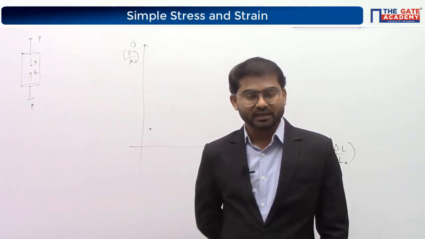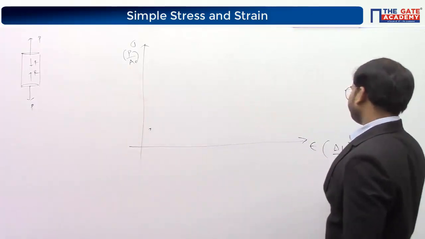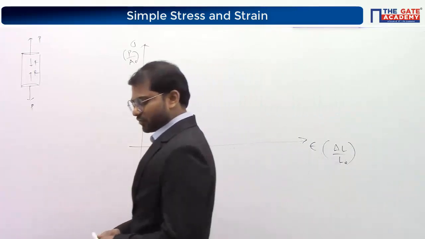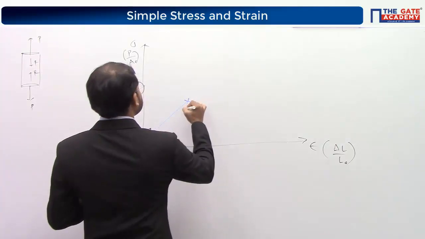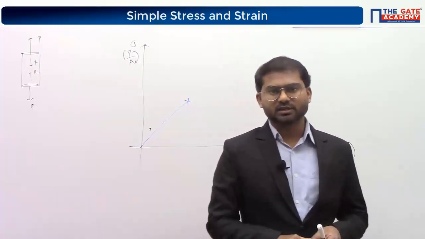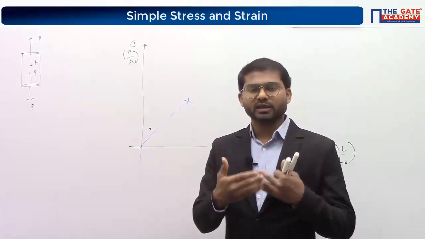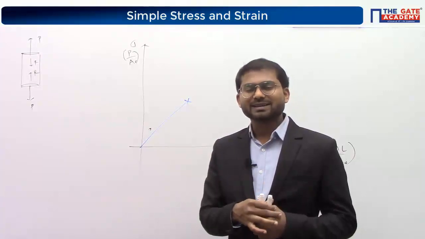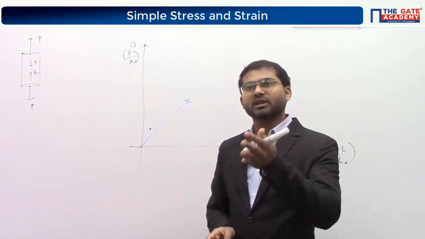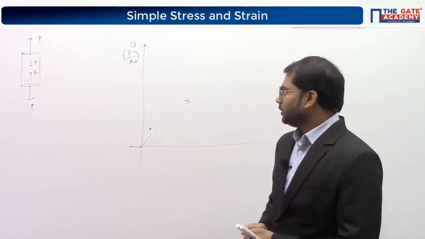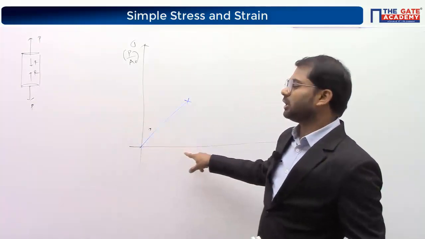And please remember, we are drawing the graph between conventional stress and conventional strain. That's why here there is A naught and here there is L naught. So if you increase the value of stress, the stress and strain will be proportional to each other for some amount of strain. Here you are going to increase the value of load; the load gives rise to stress and that stress gives rise to strain. So if you double the value of load, stress also will be doubled, and correspondingly strain also will be doubled.